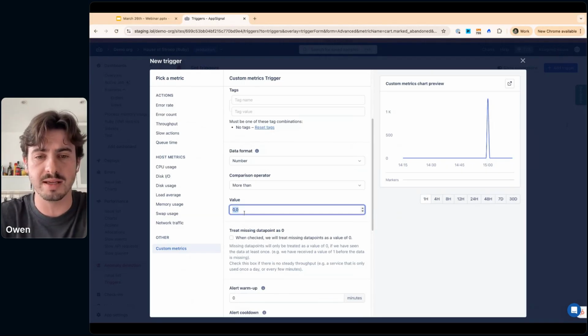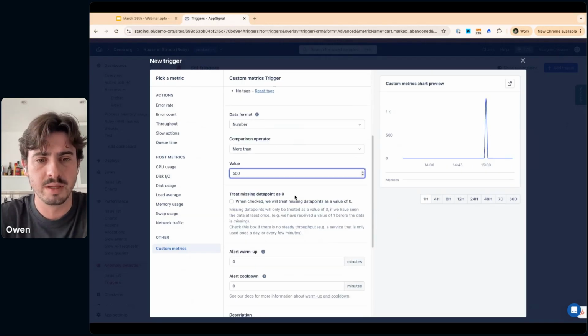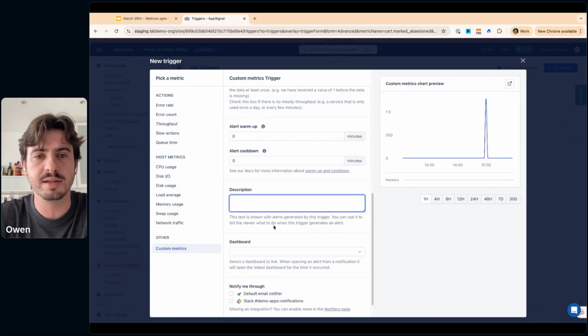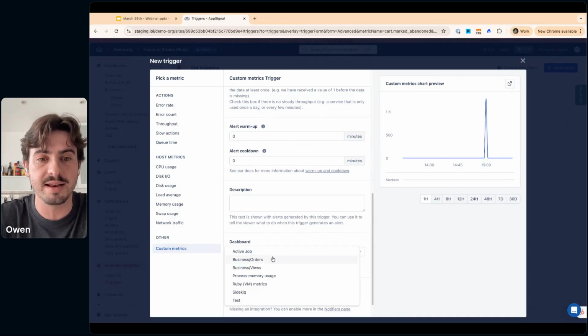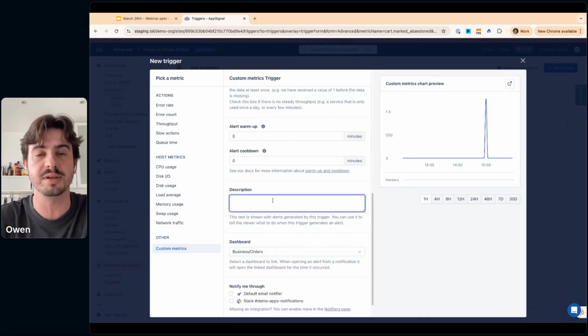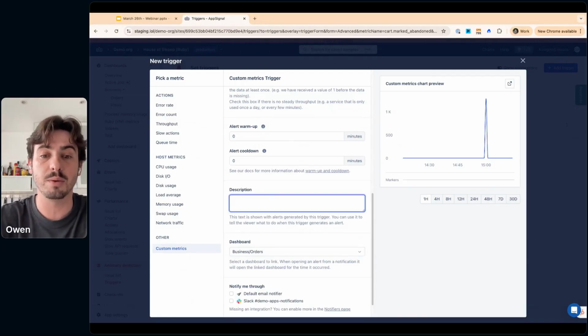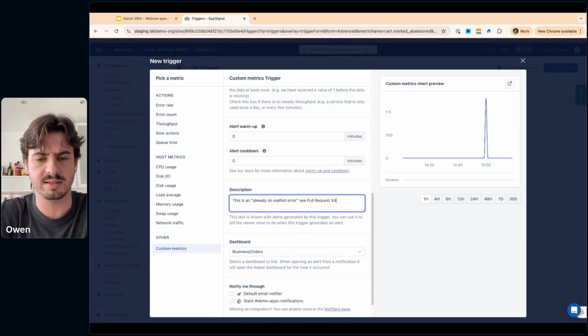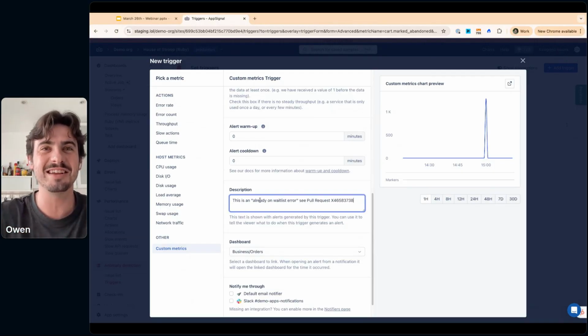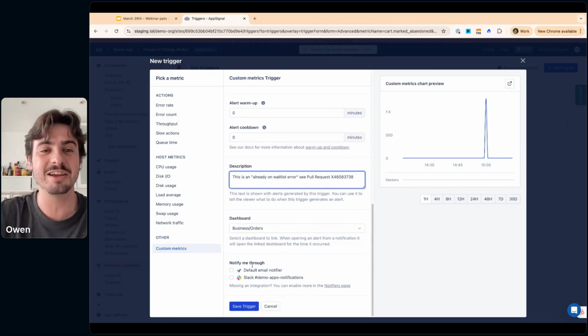I can choose what I want the threshold to be. And then I can go and add information. So maybe I want to add that dashboard that I pulled this from so the team can jump in and get the context. Maybe I want to see this is an already on wait list error, C pull requests, X7, whatever it might be. And then going forward, if this error ever comes up again, I can make sure that